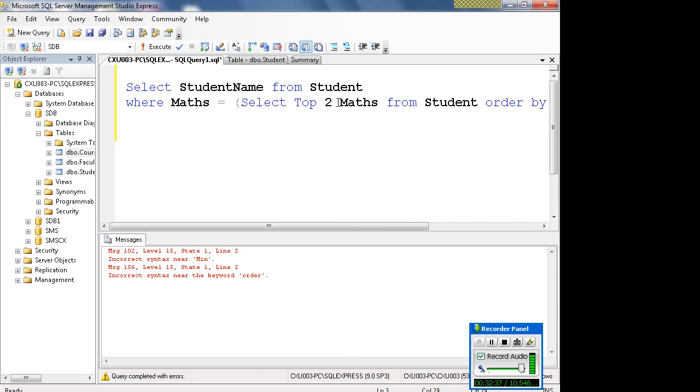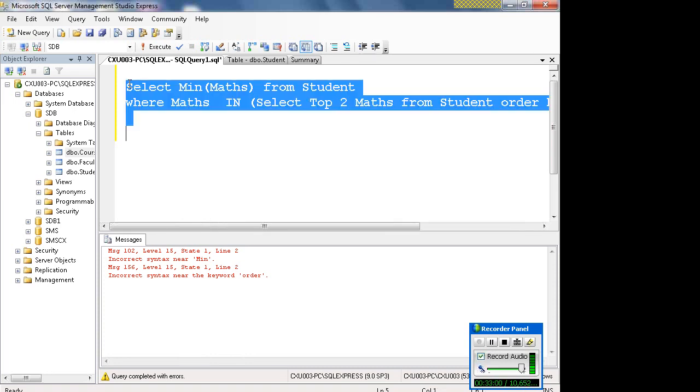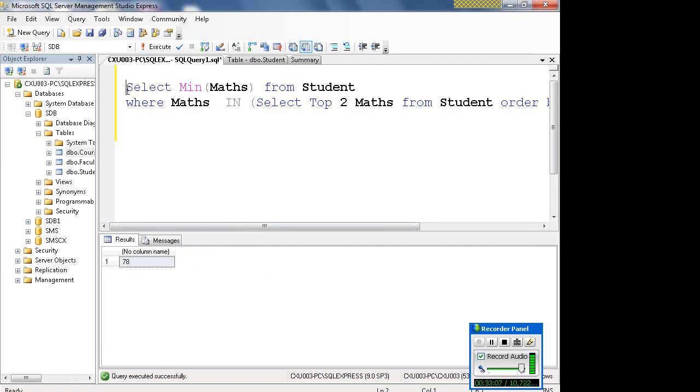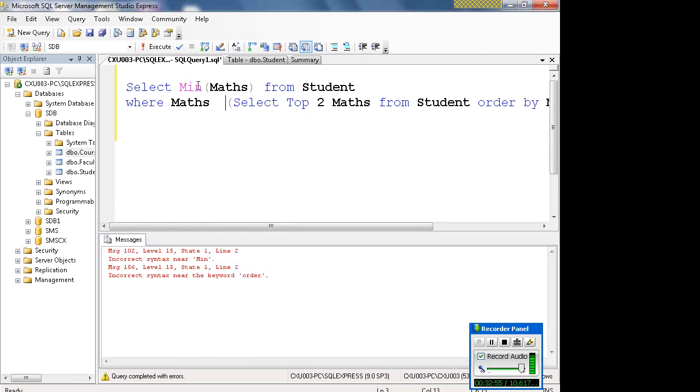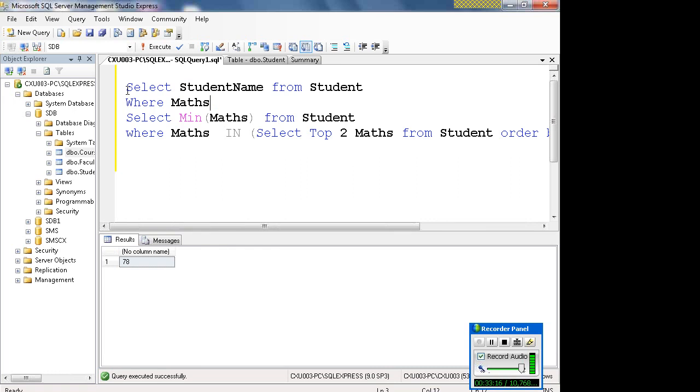I want to know the second highest maths mark. Descending, yes. Then where minimum of maths, I'm getting the second highest, where maths in, okay. So what will I get now? I will get the second highest maths mark. I just got it till here. But if I want to know the student who has got this, select student name from student where maths is equals to